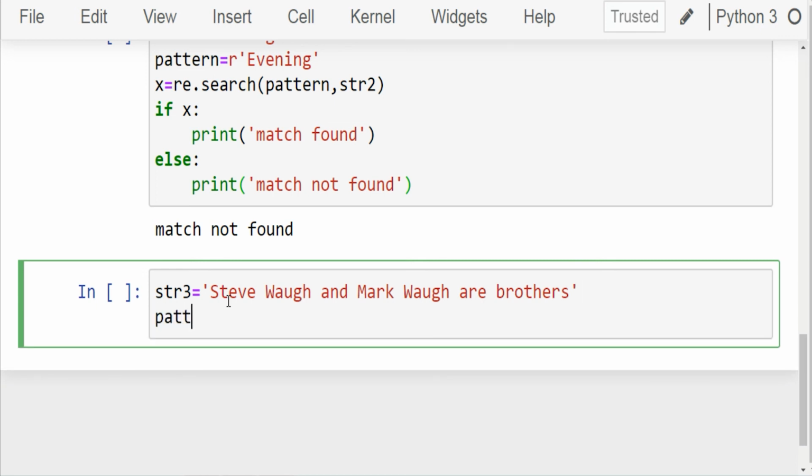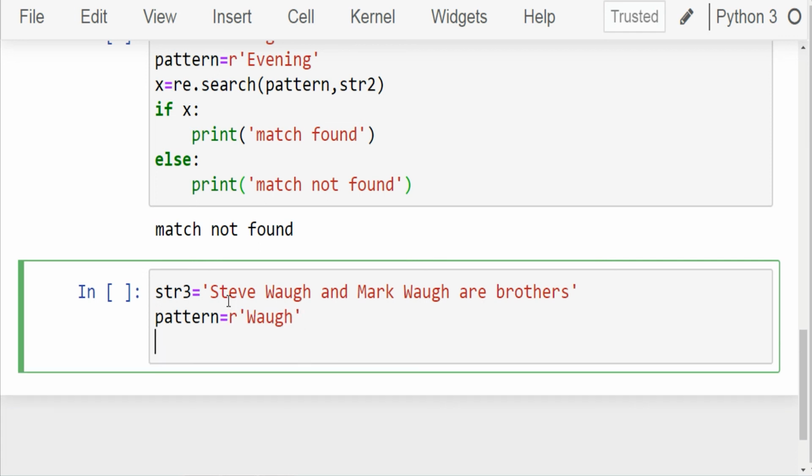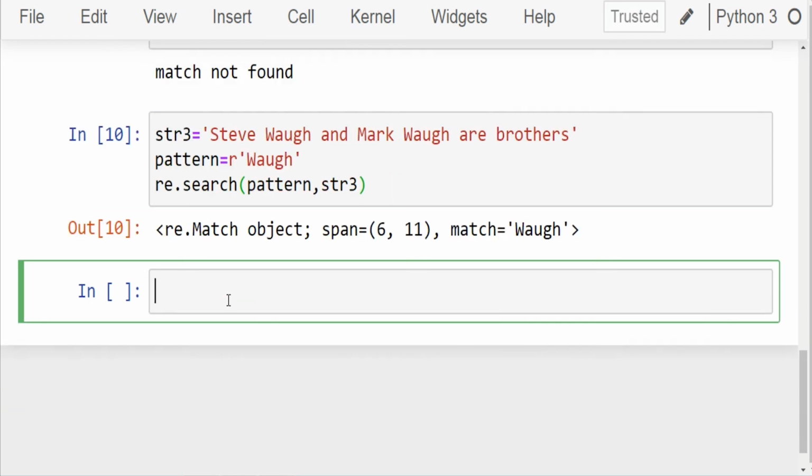Write pattern equals Waugh. Don't forget to give the raw string notation r. Use the search method, write re.search(pattern, str3). Now run this cell. See that the search method has matched only the first Waugh, as seen by its span, which is (6, 11). If you want to find both the Waughs, you can use the findall function, which we will discuss later.